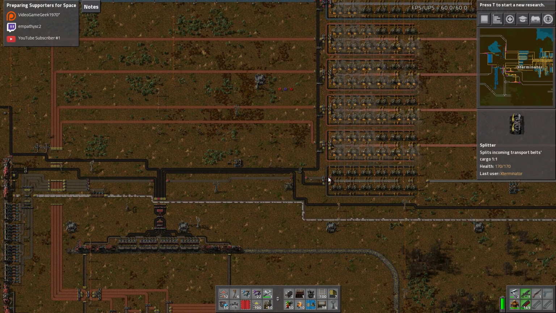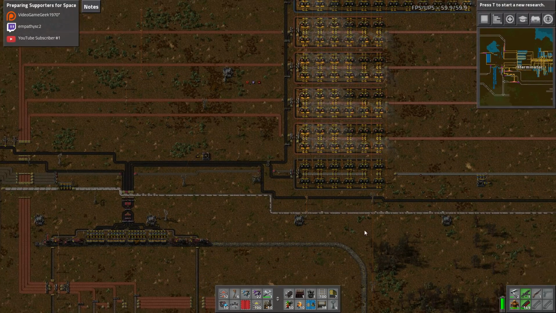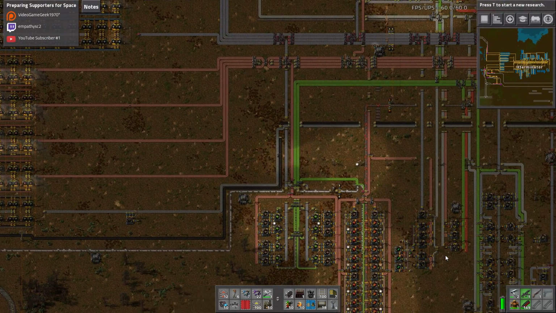Let's see what we are time-wise for this. We're at 24 minutes. I'm going to end this here. Next episode, we will build the rocket silo. We will start sending some parts over that way. And this is actually going better than I thought, considering our circuits hold out. Our module production should be turned off, and all circuits should be routed towards